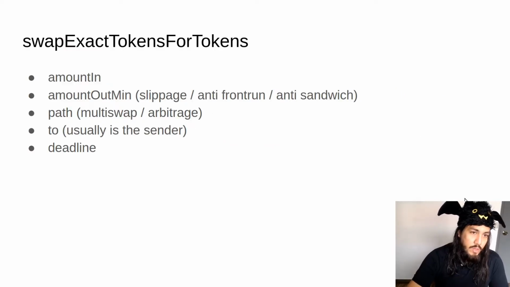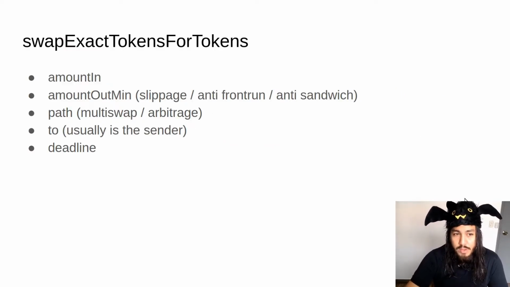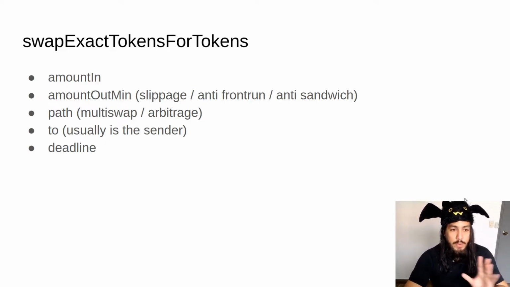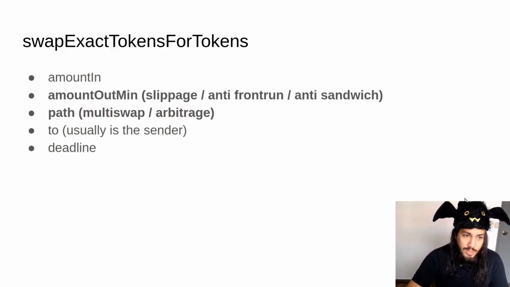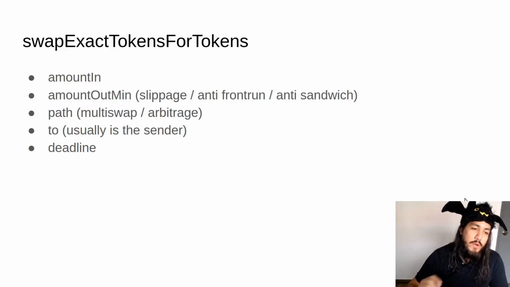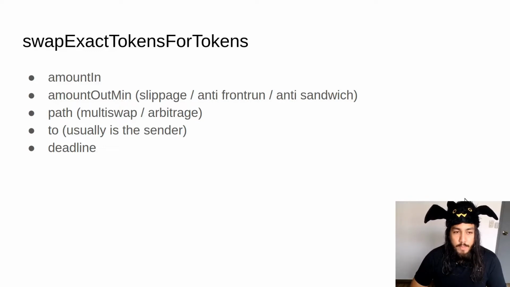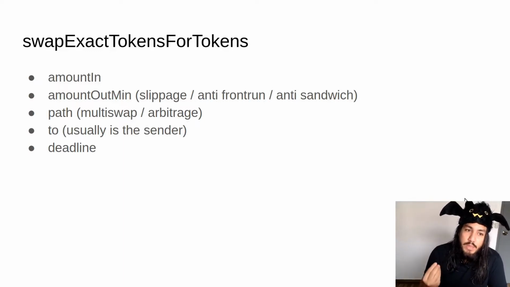And I would like to discuss a little bit more about this because this is a little bit complex, I think. So I'm going to try to simplify the parameters of this function as much as I can, especially these two parameters that I think are very important to understand. So first, amount in is the amount of tokens that you want to deposit, and amount out min is the slippage, or basically at least how much token you expect to receive,